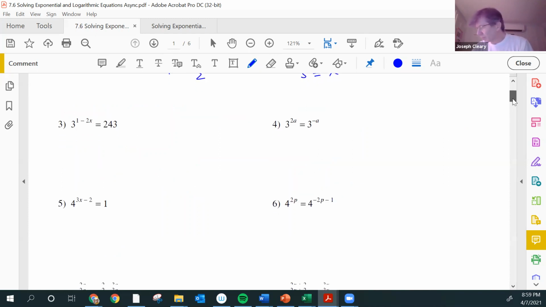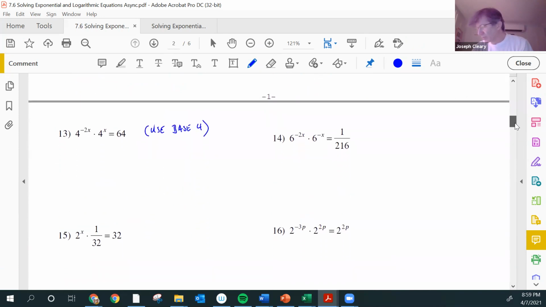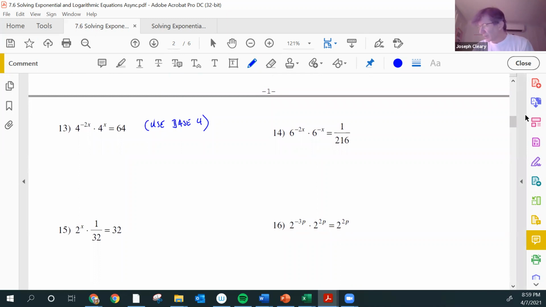All right, now let's scroll down, do a couple more little advanced ones. So something like, I said 13 is going to be one for homework. So let's look at something like number 14. All right, and so here I want to get all common bases. So 6 looks to be my common base, so I keep the first one and the second one. And the third one now becomes 6 to the -3. That way I'll take the reciprocal and then 2, so the negative sign, and then 6 to the third power